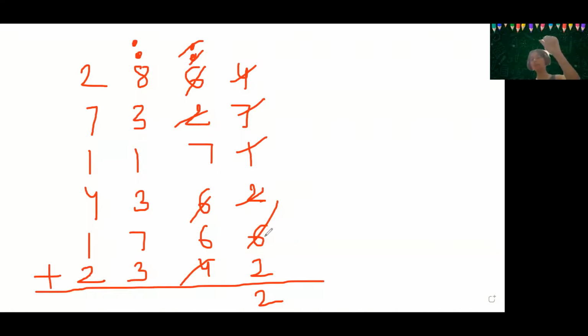Now we have 6 and 7. So 6 and 7 gives you 13. So what I told you, when you get 10 and more than 10 also we can take. So what is 13? 13 means 10 plus 3. So for every 10 you need to put a dot. Put a dot again for 10. And what is remaining? 3 is remaining. Drop 3. Put the dot for 10. Now let us do the next one.